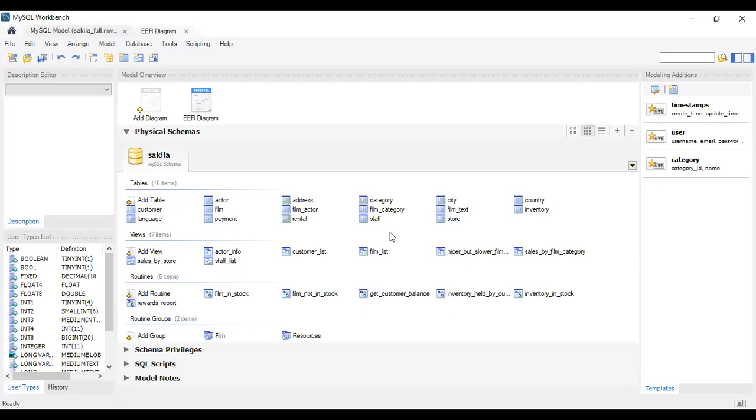No, here in the tables I can see there is a film category and there is a film. And in the views there is a sales by film category. Does it mean that they have joined two tables somewhere by some query and only that we can view? Yes, more or less. To answer your question, I would say yes. So in the background, they have already joined that. Yes, so here they have made a relational database already, which we can directly go and see.